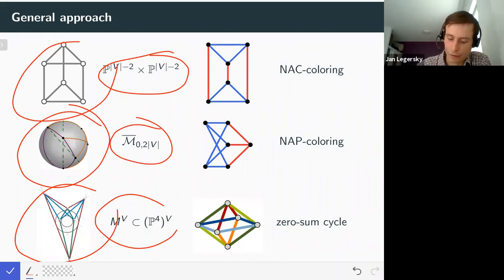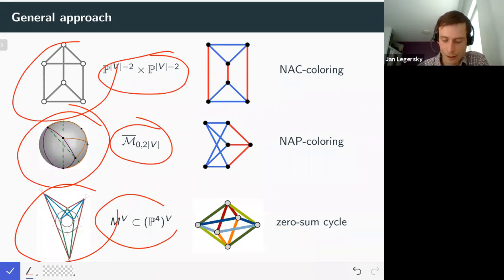But also for the case of neck coloring and NEP coloring, if the procedure is done for a Laman graph or for some over-constrained graph, and we want this particular coloring to be so-called active, we can also deduce some polynomial constraints on the original edge lengths of our graphs. So it also gives some geometric